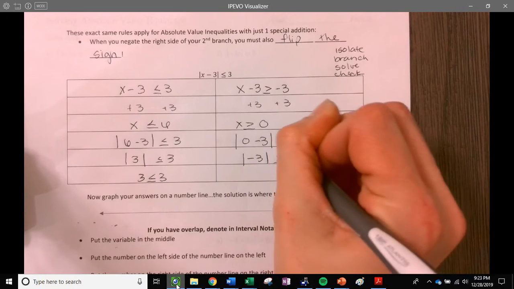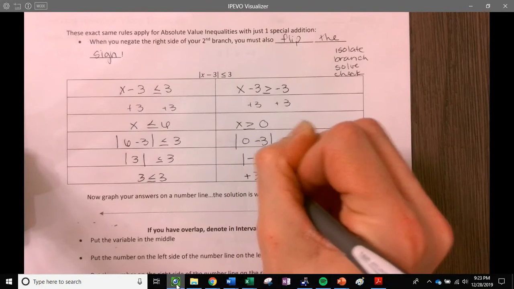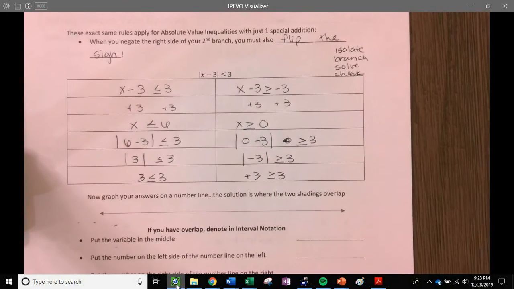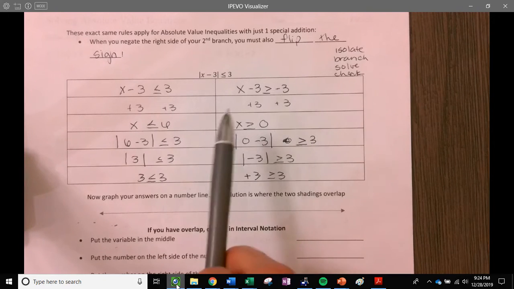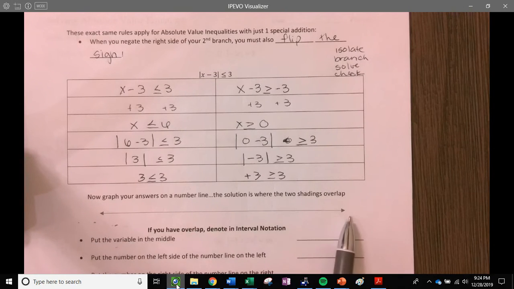Negative 3 is greater than or equal to 3. Drop the brackets, and we get positive 3 greater than or equal to 3. So both of these work. Okay? What we do have to do, and what's extra, is that we need to graph these things on the number line. The solution for your absolute value inequality, when represented on the number line, will be where